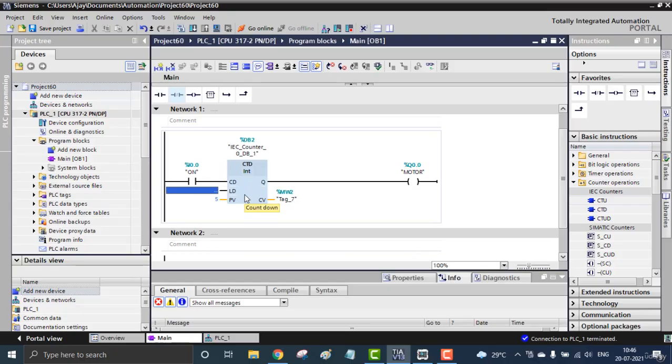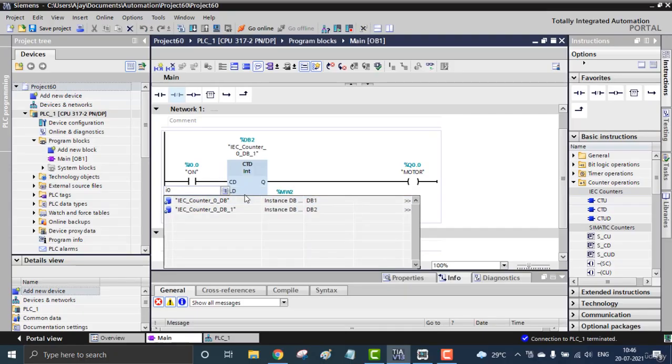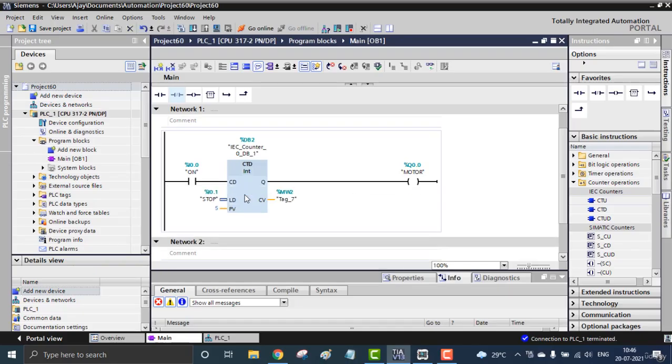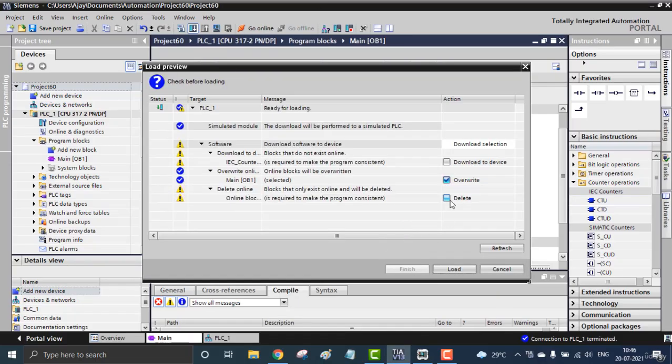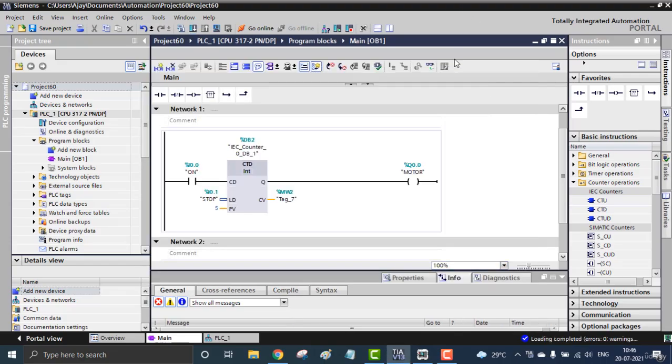So for LD I'm giving I0.1. Here there is no reset, only set, only load. So I'm going to run. Delete, download device, delete, and load.